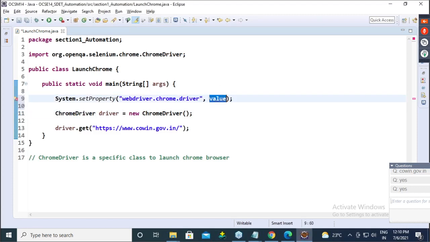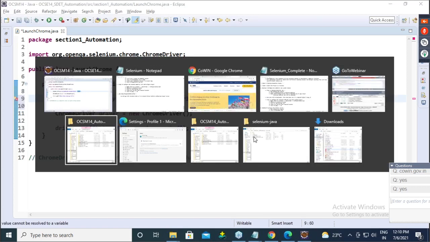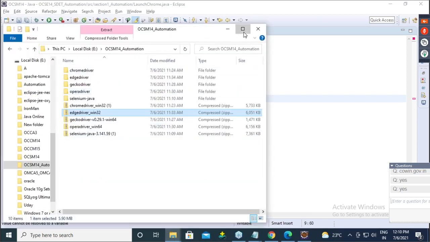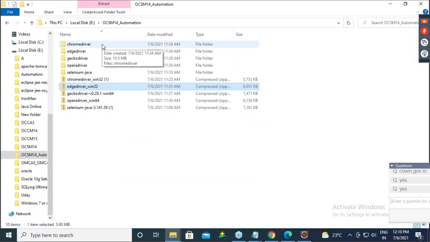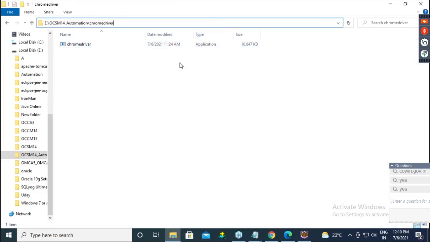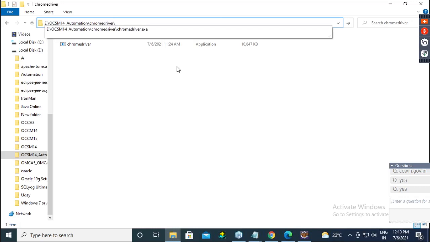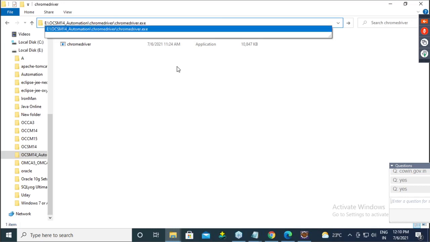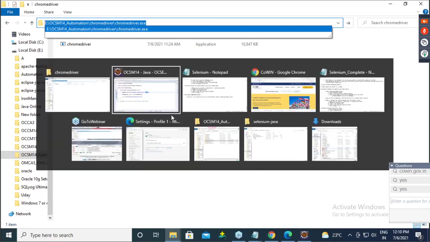Now the value is the path of our Chrome driver. What is the path, guys? See, go here in this folder, chromedriver. In the chromedriver folder, this is the path. See, go here, slash chromedriver.exe. You will get the path. Copy this.